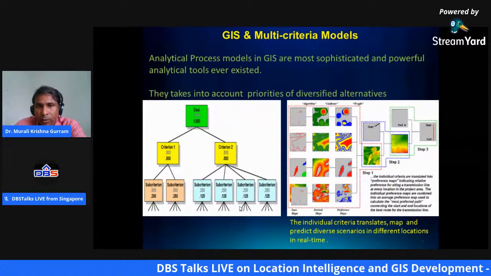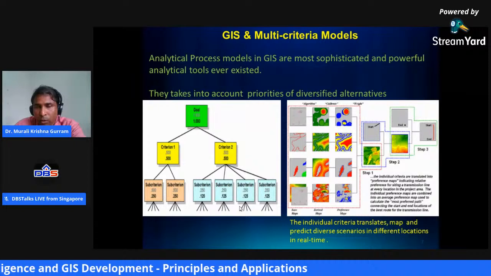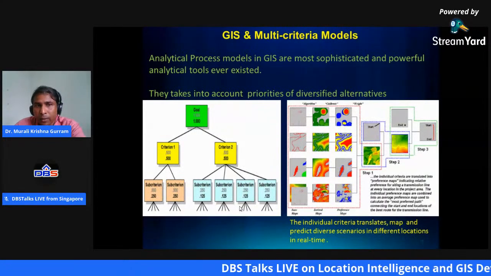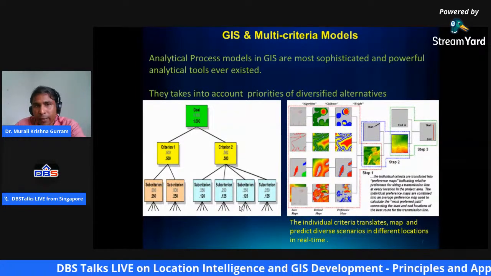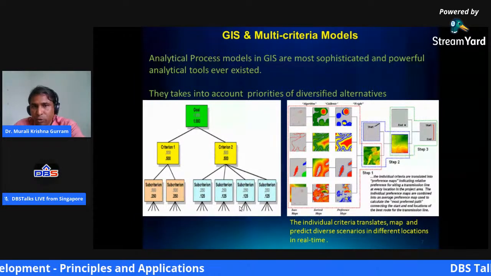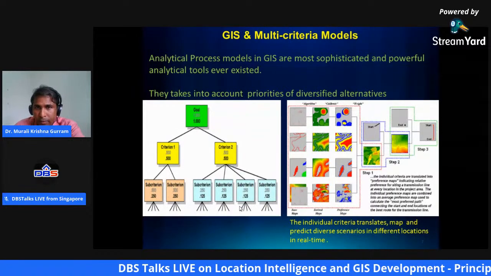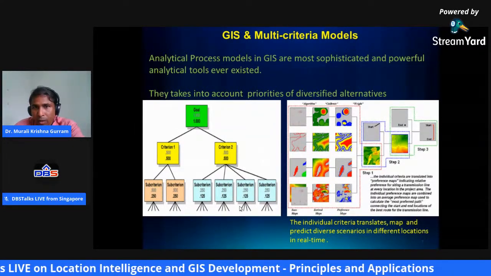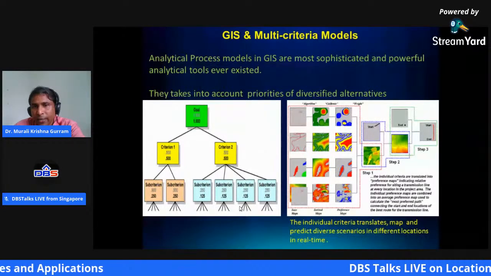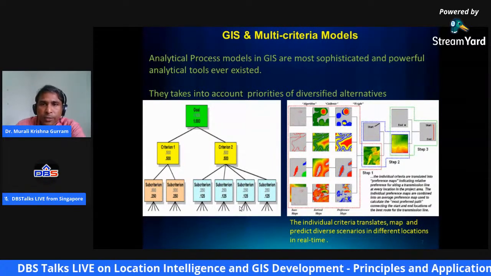Okay, so maybe you can see in the slide, you wanted to achieve some goal. In order to achieve that particular goal, you have devised your criteria into different layers or hierarchies, which helps you ultimately achieve your goal. On the right side, you can see the representation in pictorial form of how many information layers you have, and the kind of filtering that is ultimately done to achieve the desired objectives. So next.